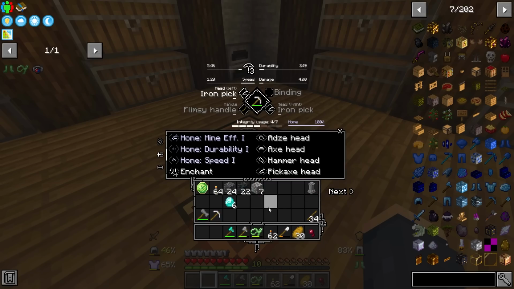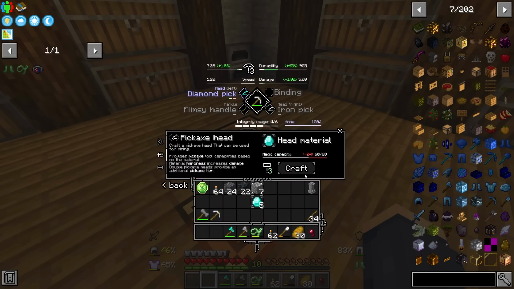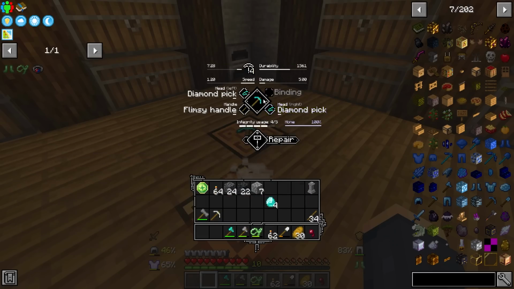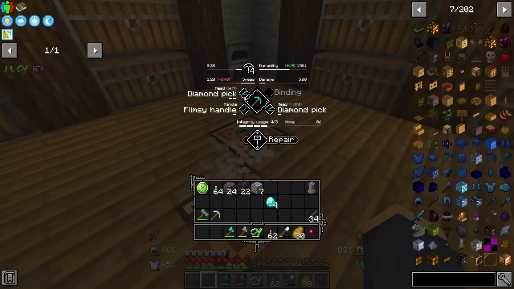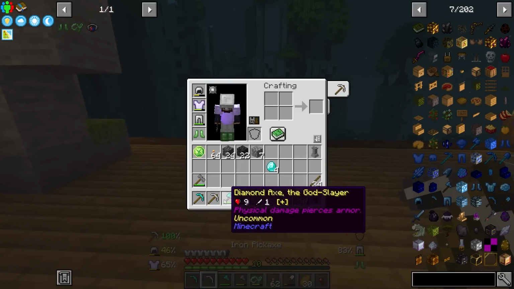Now, can I upgrade this pickaxe head? So pickaxe head, I want to put diamond on it. Can I do that? It's going to require a hammer level 3, which we do have. So I can upgrade that to diamond. Pickaxe head over here. Upgrade that boy to diamond. Now we have a diamond pickaxe. No joke. And we can still hone efficiency on this. So let's put efficiency hone on that. And then I'm assuming as we use it more and more, I don't know, we'll get even more stuff put